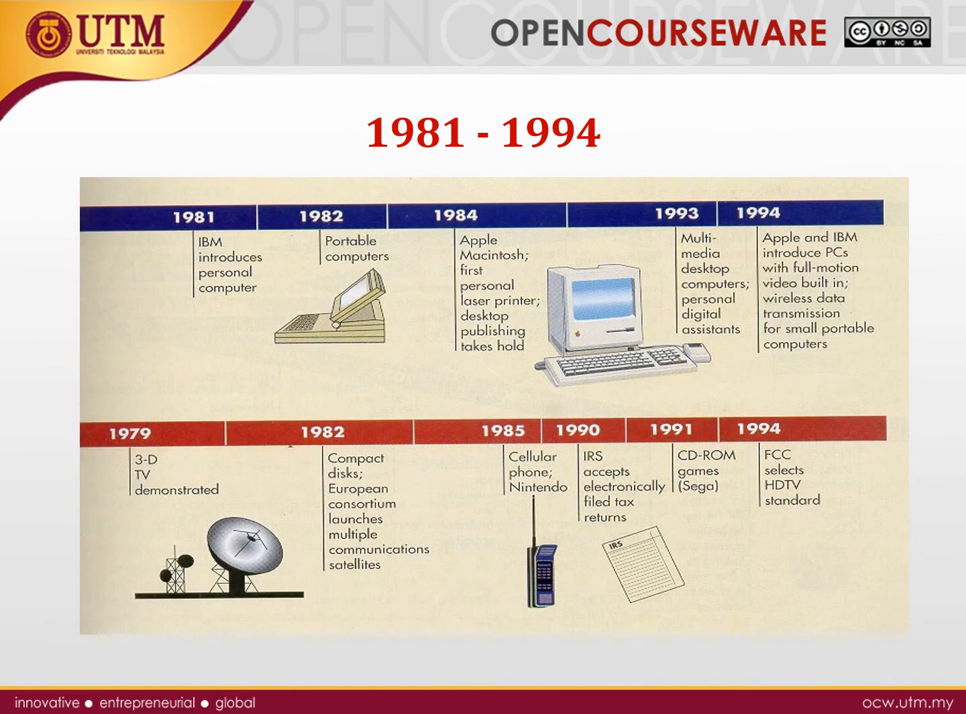And from 1981 to 1984, in 1981 in computer technology, IBM introduced the first personal computer, followed in 1982 by the first portable computer from IBM. And then in 1984, Apple Macintosh, the first personal laser printing desktop. And then in 1994 as well, Apple and IBM introduced PCs with full motion video, built-in wireless data transmission,